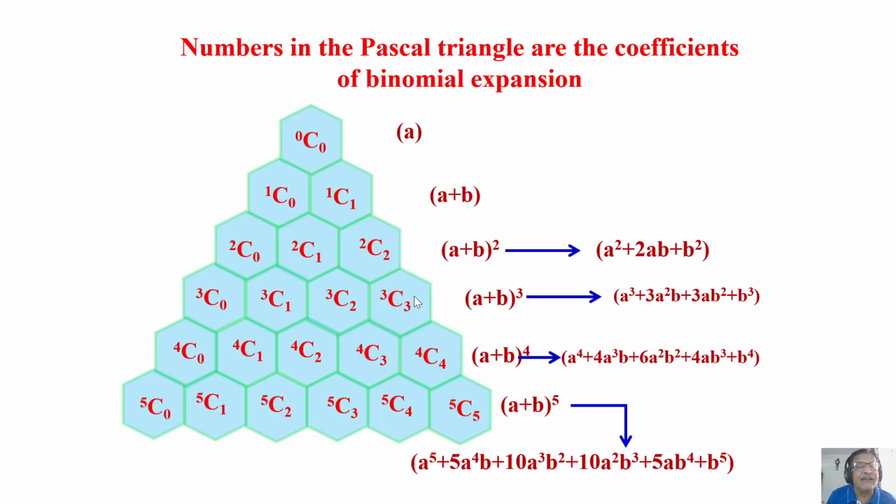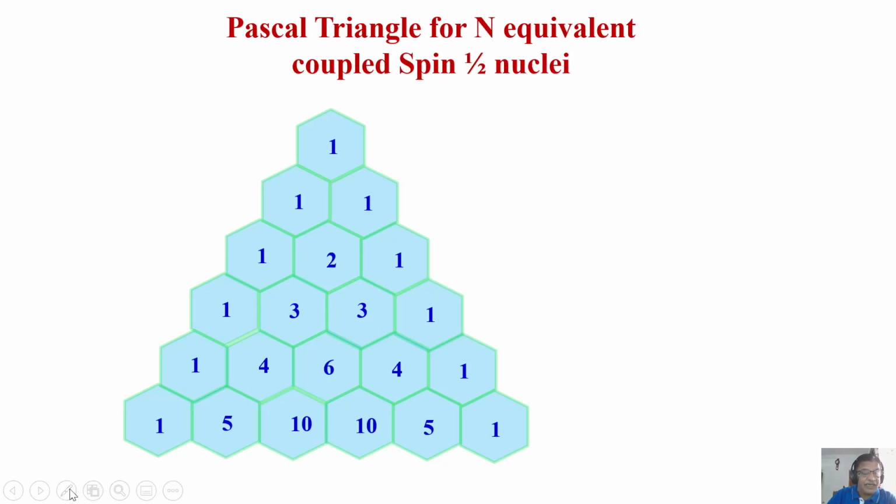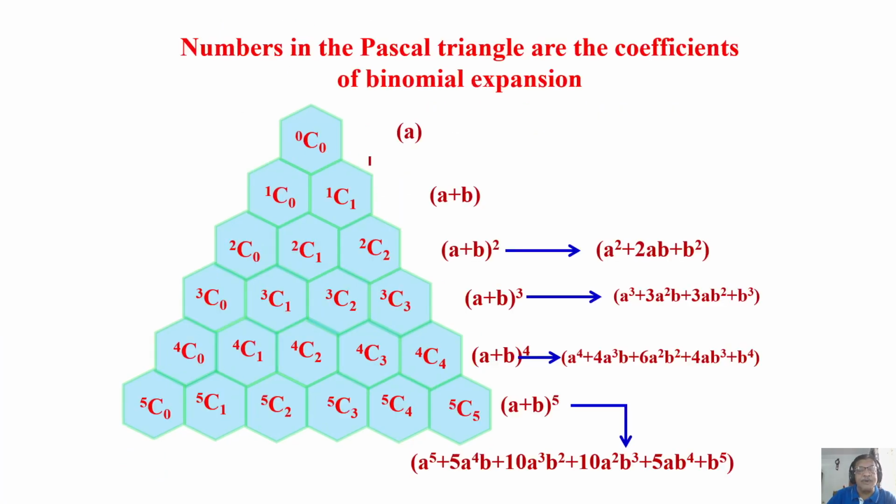But if you have already understood binomial expansion, what is this Pascal triangle number? It is nothing but the coefficients of the binomial expansion. Remember, you can write it like combinations. This is 0C0. What is 0C0? It is 1. Simply write 1 here. Now for the next one, I wrote a hexagon here. The hexagon is only for writing; otherwise, you can write without that also. So now it is 1C0, 1C1.